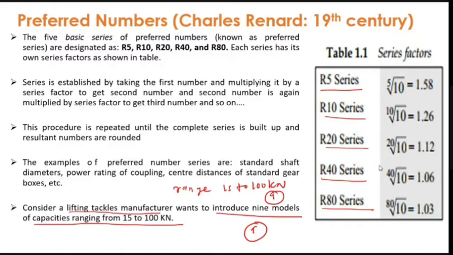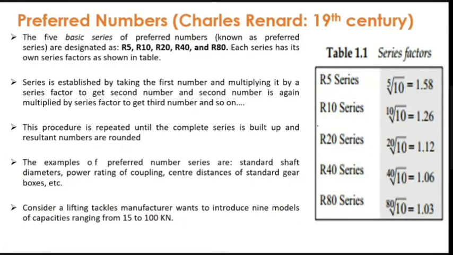So basically, first you have to start with the small series where you will get less count, fewer sizes, and then you can increase if you find that the sale has increased. Is it clear? Message me yes or no. Okay. So now just tell me which series you will use for this: R5, R10, R20. Let us say I'm using the R10 series because I just want a 9 model.